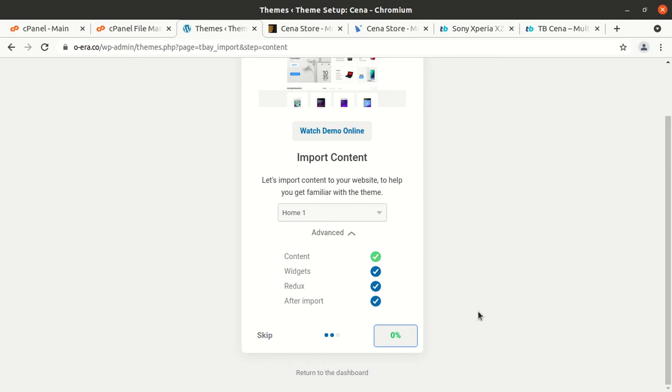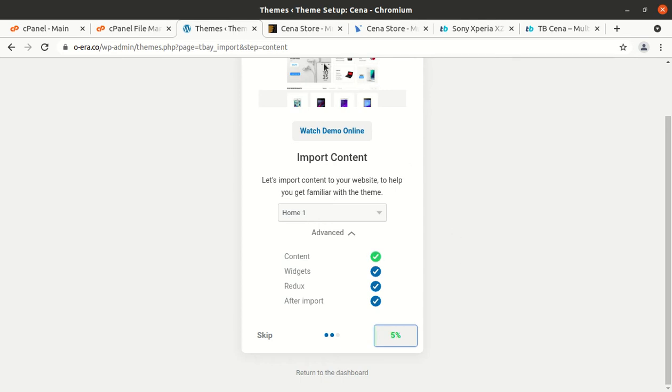and the import process has begun, and it is going to take time because it gets connected to the developer server, and it also downloads the media files and the rest of the files necessary for the demo website. And you have to stay here without refreshing or leaving this page.